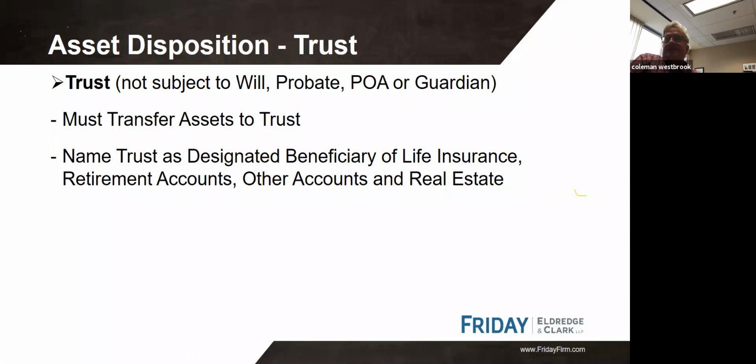And so if you do a trust, you can fund it now, or you can fund it through beneficiary designations, such as life insurance or retirement accounts. You could say, pay to my trust. And likewise, other accounts can all be linked to it. And that's typically what you do if you do what we call a revocable trust. If you go to the next slide,